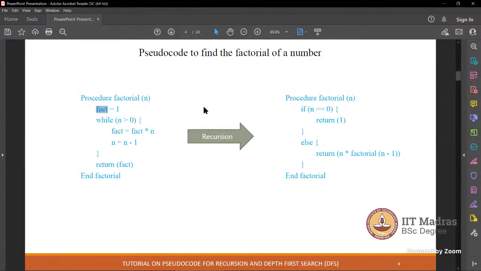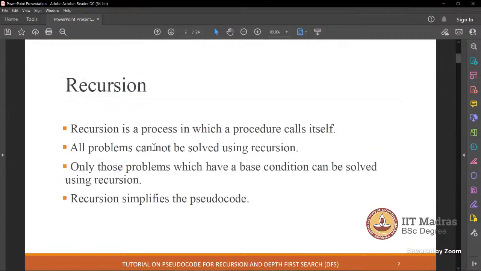So as I was talking about a different version of this procedure, I have simply translated this code from the left side to the right side, which is the same thing. In fact, nothing else is happening. Only thing is, instead of this while loop, I have converted it to a single statement. So as I talked about in the previous slide, if you remember, there is something called the base condition.